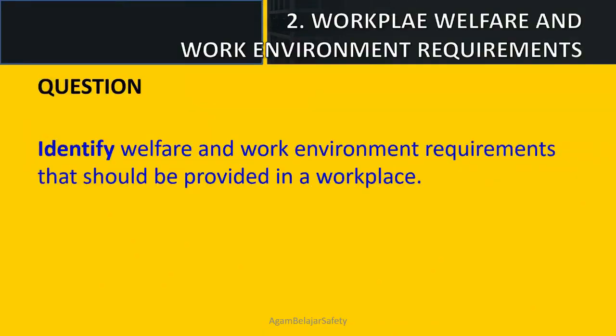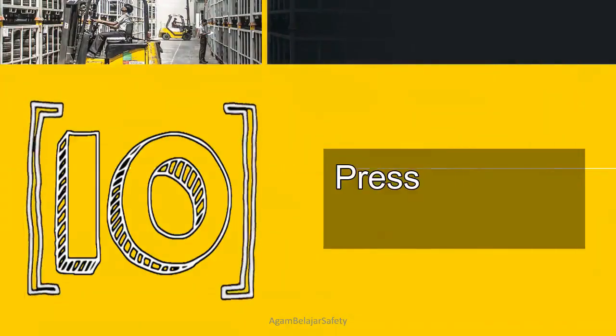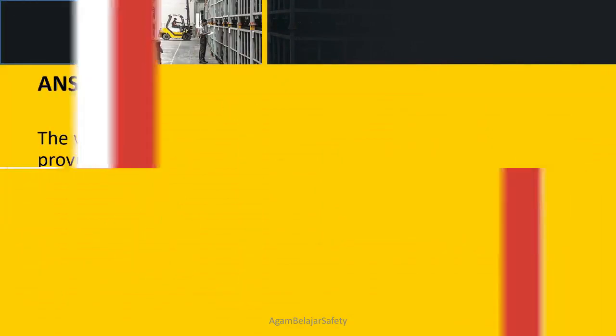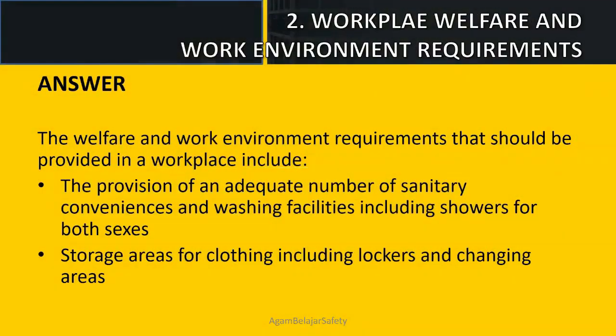Workplace welfare and work environment requirements. Identify welfare and work environment requirements that should be provided in a workplace. The welfare and work environment requirements that should be provided in a workplace include the provision of an adequate number of sanitary conveniences and washing facilities including showers for both sexes, storage areas for clothing including lockers and changing areas,